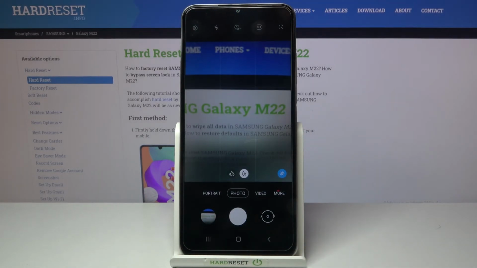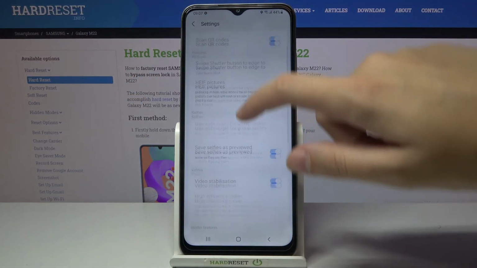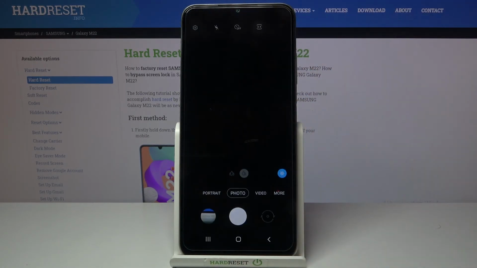And of course when we don't need them, we have to go back to the left corner settings, slide down again to the useful features, tap the grid lines button, and now in the preview the grid lines